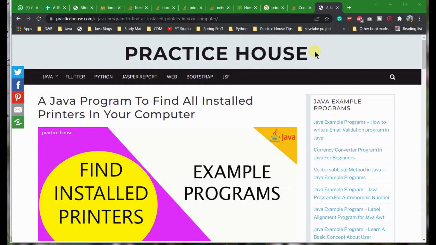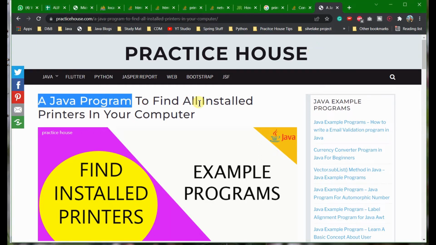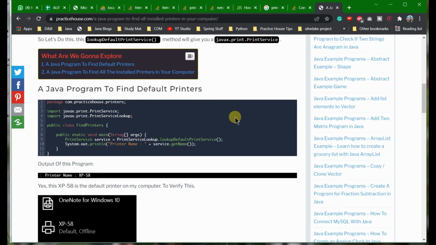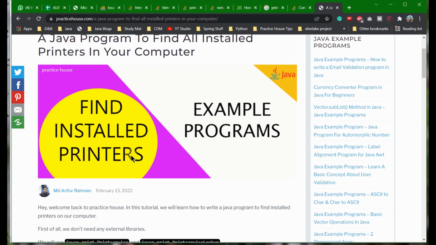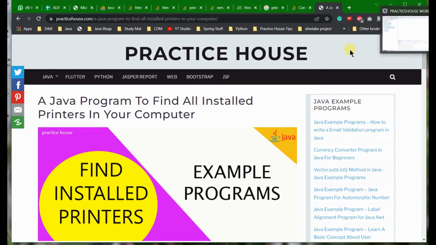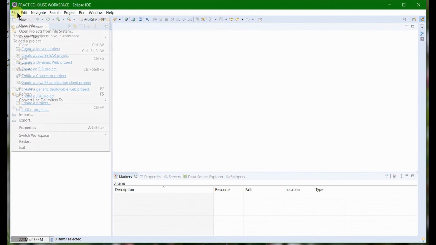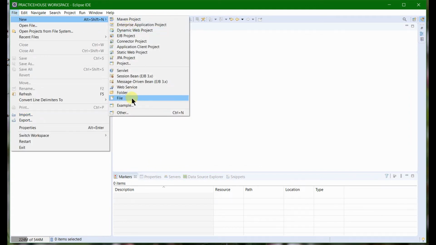So in this video we are going to learn about a Java program to find all installed printers in your computer. If you don't like the video, you can go to practicehouse.com and find the article where I have written everything, along with all the code, examples and output. So let's open Eclipse and I will demonstrate how to write a Java program to find all installed printers in your computer. In our Eclipse, let's create a Java project